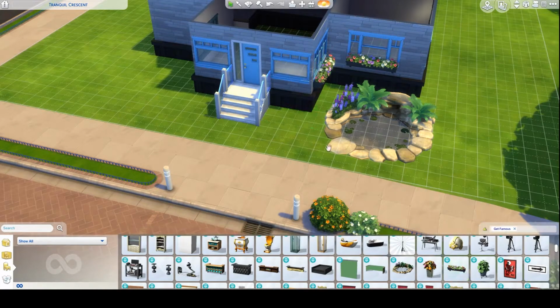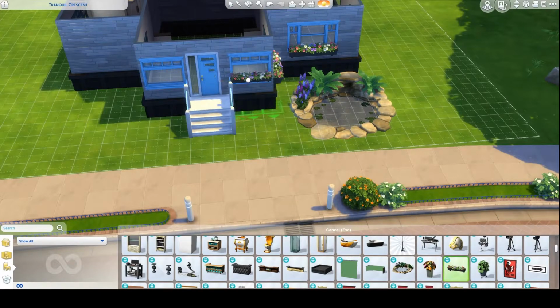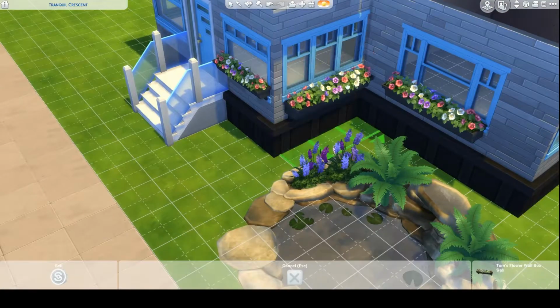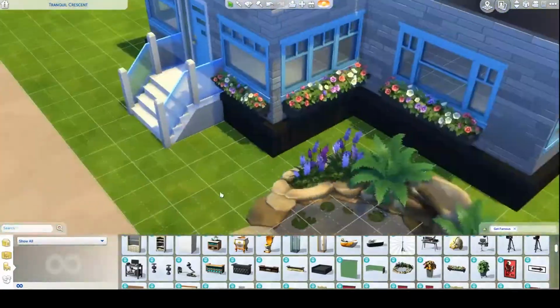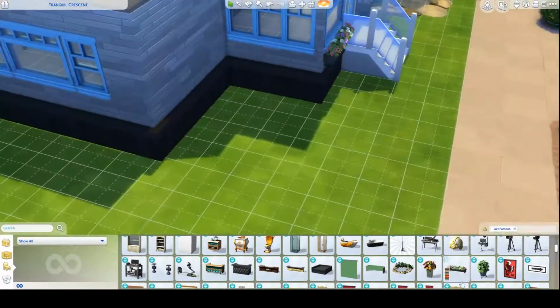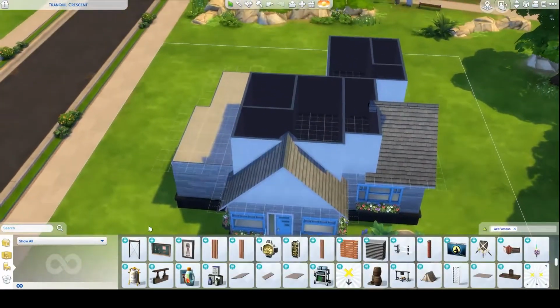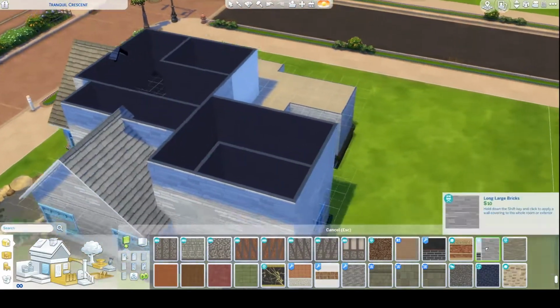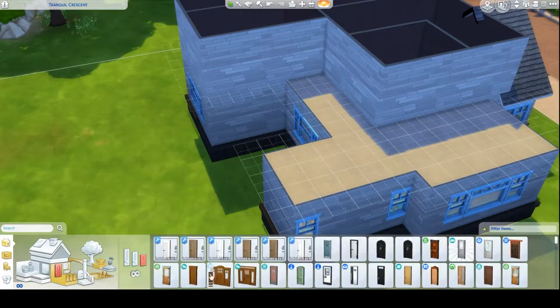Added some flower boxes to the windows just to brighten it up because right now it's like gray, black, blue. So the flower boxes I thought made it look really nice, and I added them to all the front windows. Then I added the brick wallpaper and more windows,